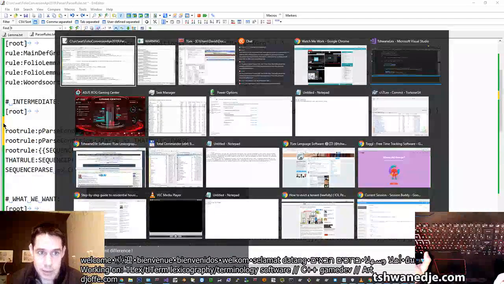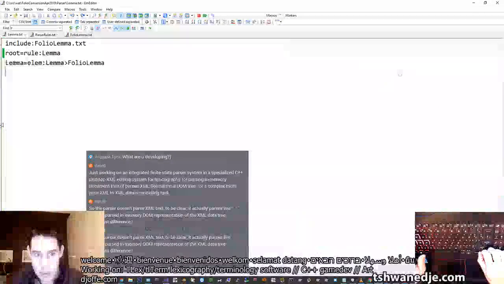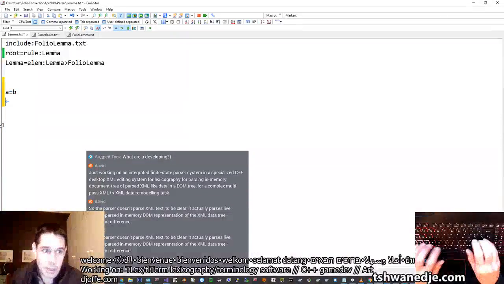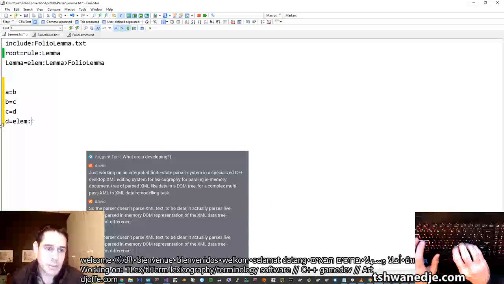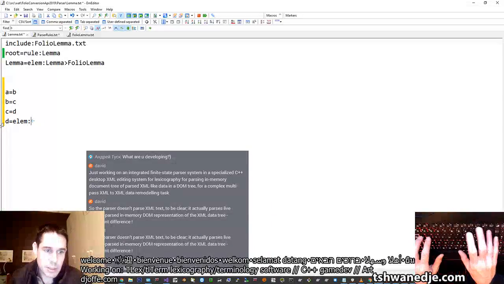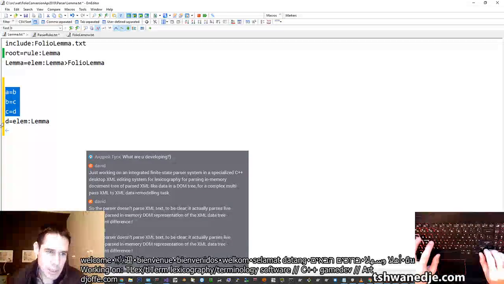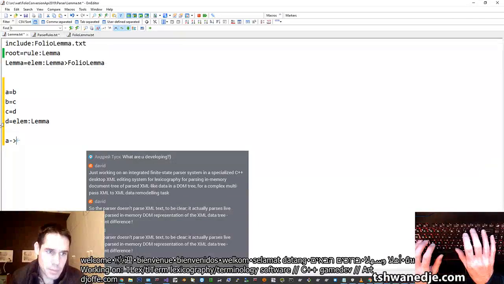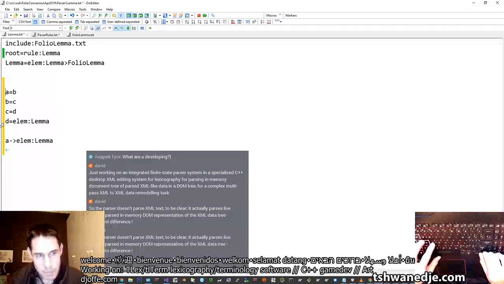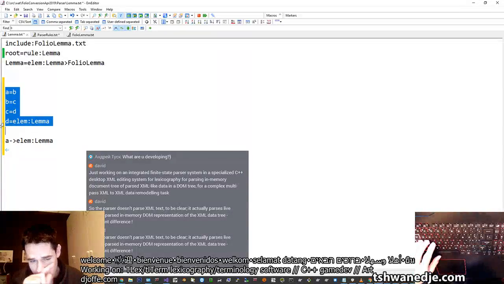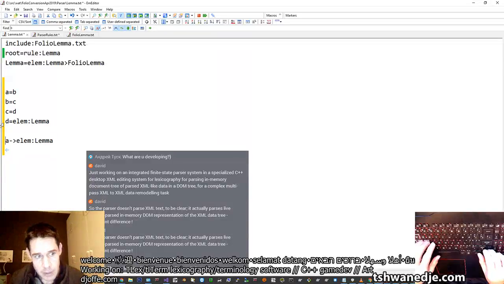Look, in theory it is unnecessary because that is literally random. Like if A equals B, B equals C, C equals D, and D is finally check for a root, check for an element called whatever, lemma, okay. And obviously that is in a sense redundant. From a conceptual perspective, if we were intelligent and optimizing, we could skip it, so I think that's also why I'm confusing myself slightly. In theory, that's the optimal graph, but